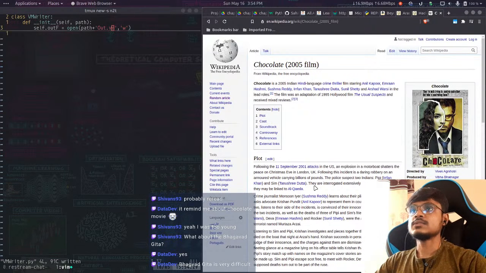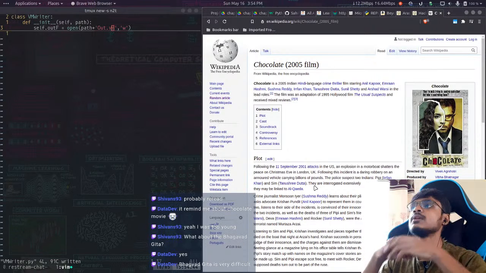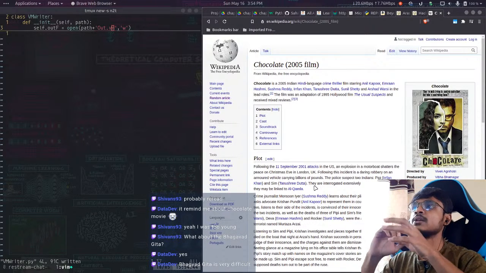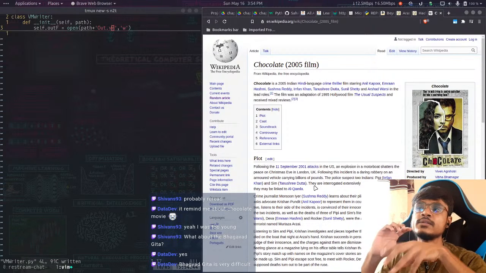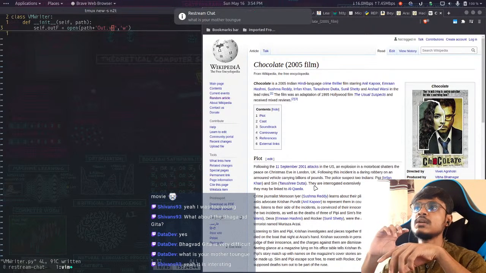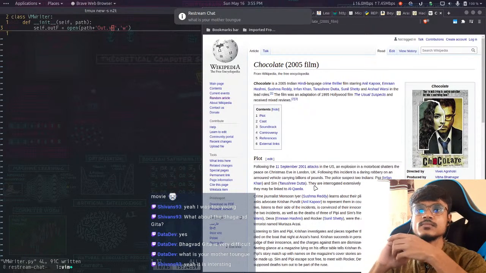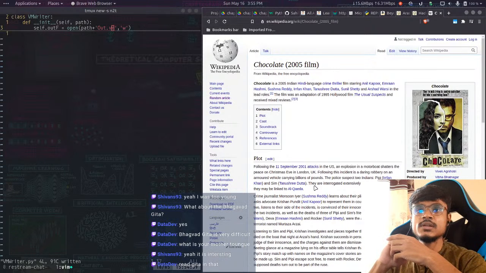Yeah, it is very difficult. The difficulty with the Bhagavad Gita, and not just the Gita but most Indian spiritual books, is that they don't really